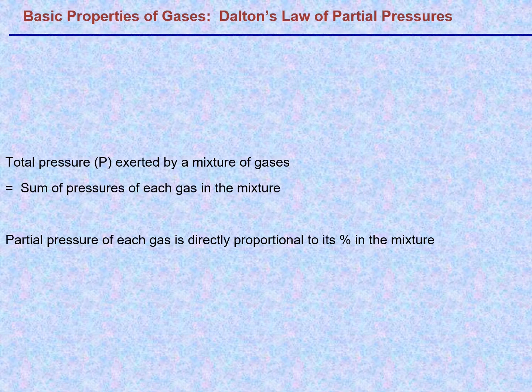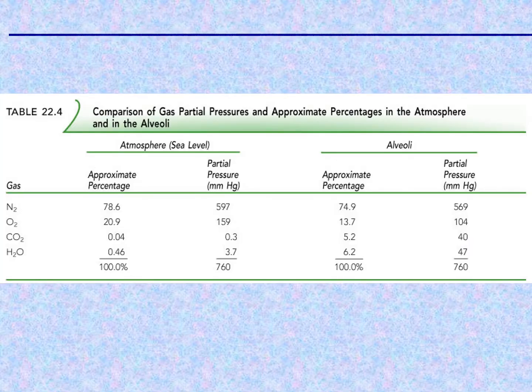Each pressure is called the partial pressure of the gas and is directly proportional to its percent within the mix. You should understand also that the mixture of gases within your lungs is not the same as the mixture of gas in the air around you, and that the pressure of the different gases within the air also changes as you rise in elevation. Okay, so here you see